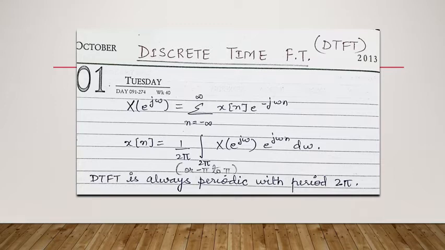What you have to remember here is an important point. In the first formula you observe the e raised to the power is a negative term, and in the second formula you observe e raised to the power is a positive term. Also keep in mind it is d omega here. So these two formulas are the basic formulas for DTFT. One more important point is that DTFT is always a periodic signal with a period of 2 pi. When I have the DTFT of some signal, it will be periodic, that means it will repeat itself after a period of 2 pi.